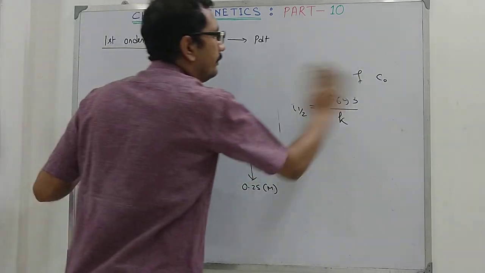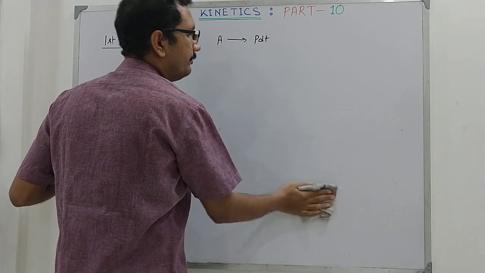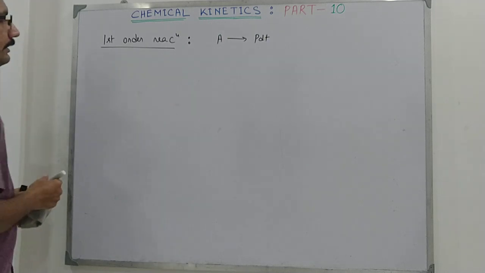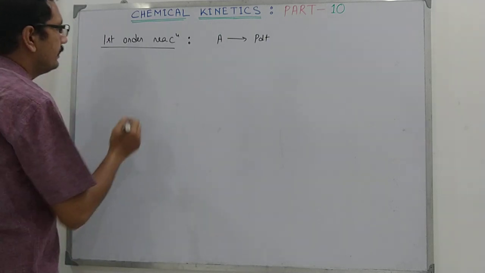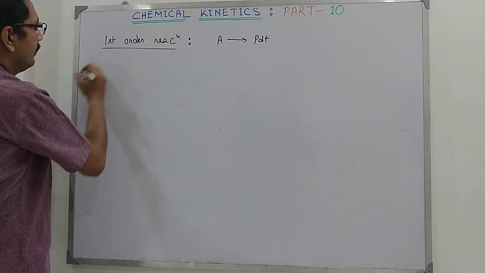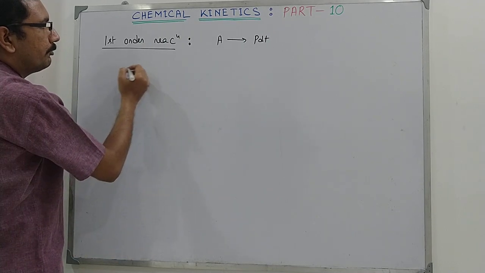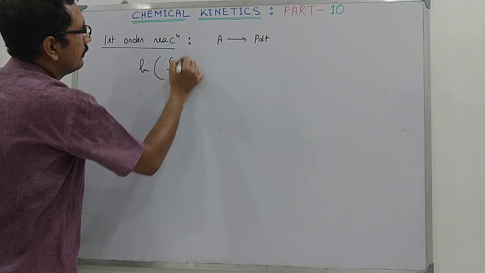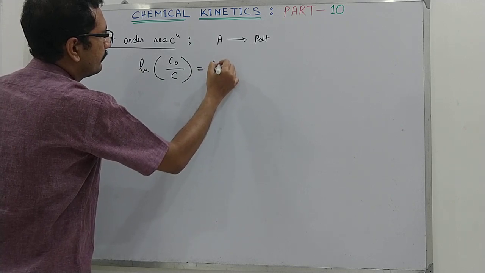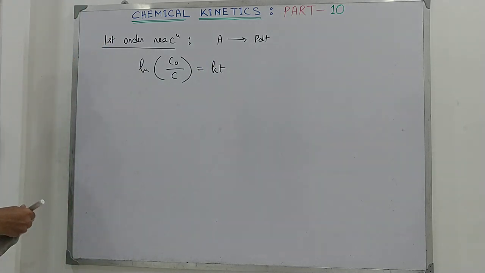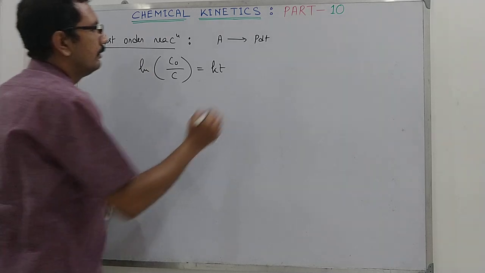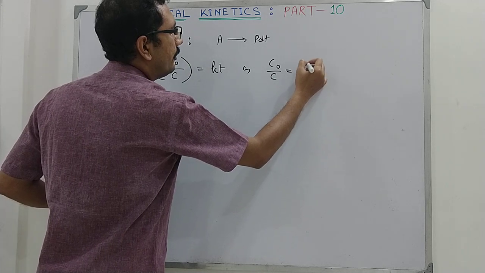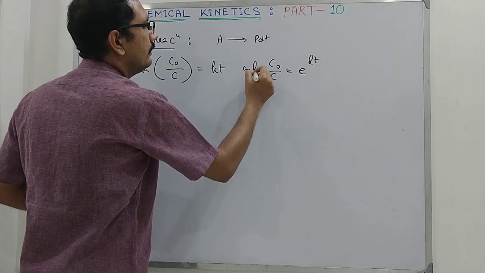You have to be able to derive the expression of half-life, which I have shown you in part 6 and part 8. Now I have written a form of the integrated rate equation. It looked like this: ln C0 by C equals kT. Now here we have C0 by C equals e to the power kT, or rather